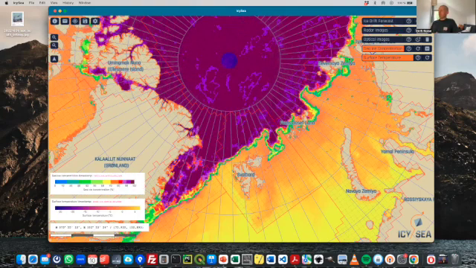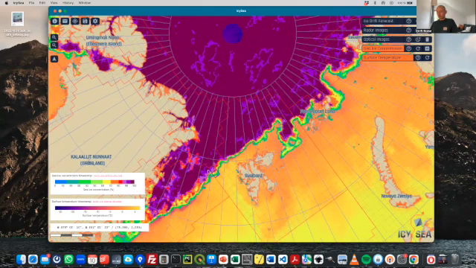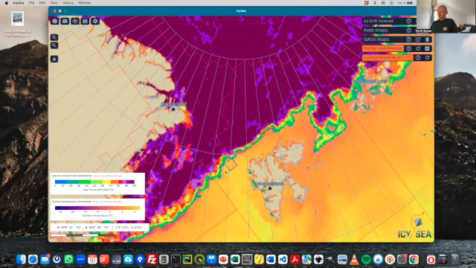This one layer I already showed, the sea ice concentration. Those are the most basic layers. Sea ice concentration, of course, gives you the coverage of a certain region with ice. So you've got the concentration in percentage here. Violet colors are 100%, and then you go down. Red colors are around 70-80%. Orange, you can see that on the ice edge here, and then 30-40% really in the marginal ice zone.